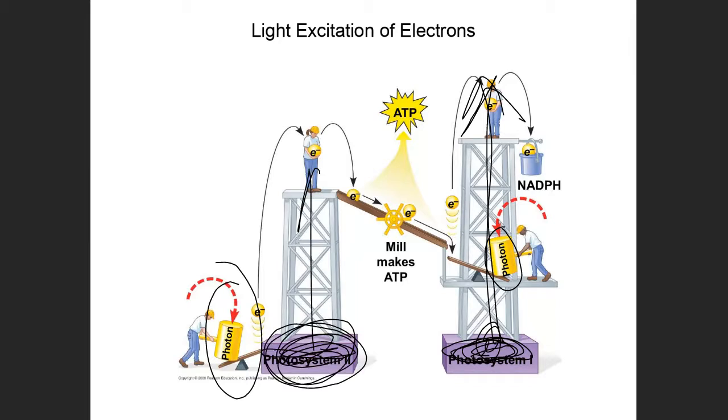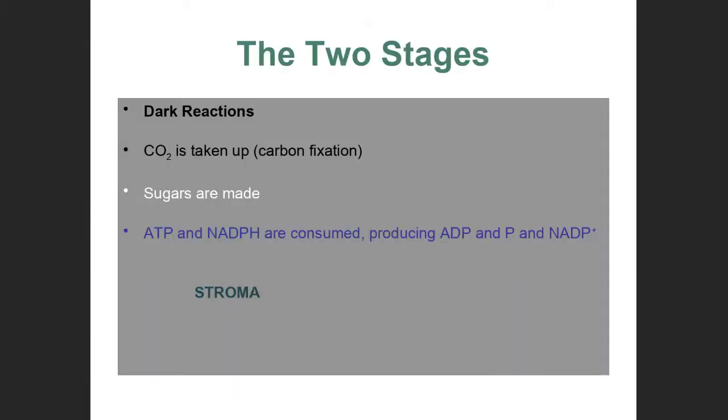This one will accept electrons, from where? From splitting the water. And this one will accept electrons coming from photosystem 1 through the ETC. I will come back to this. You are going to understand it. So first of all, let's look at the two stages of photosynthesis. First of all, this is what we call